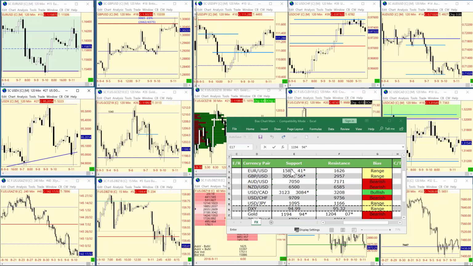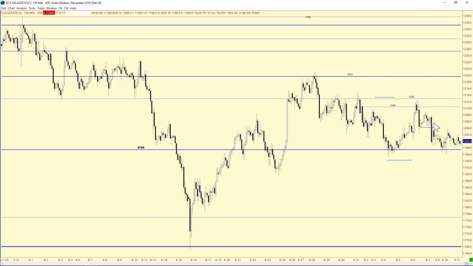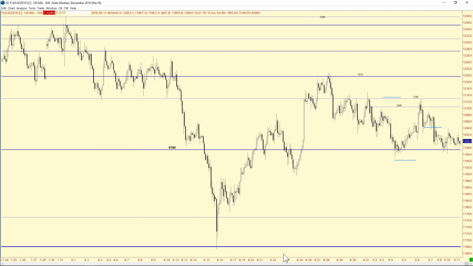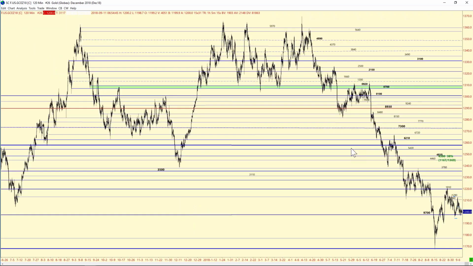Gold is being pulled by the nose ring by the dollar. I did some analysis for the gold market too, though it's not updated from yesterday, because really nothing's changed here. Gold is still in this range. I think we're very oversold, no doubt about that. Gold is trying to pick itself up off the lows.